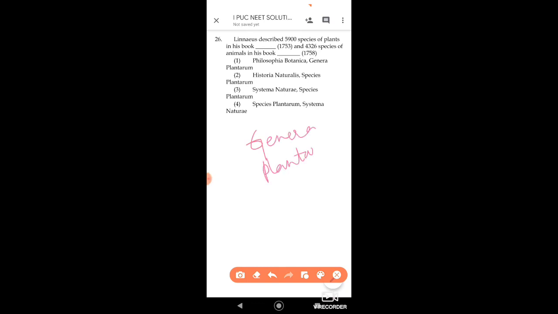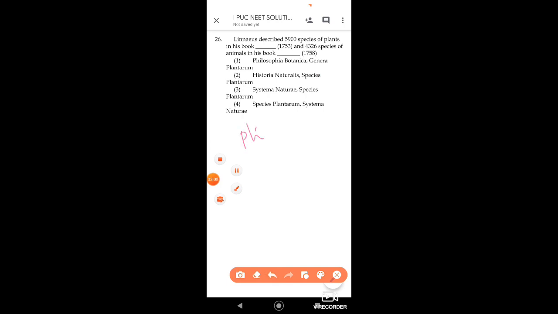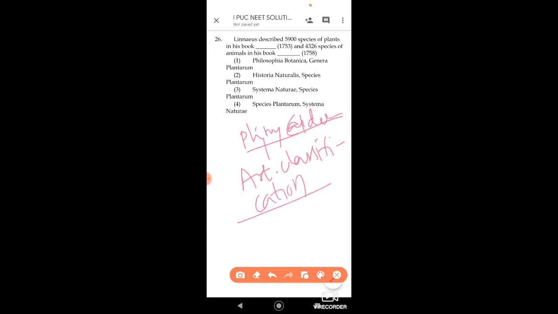So remember this also, it may be useful for solving the other questions. See, we have here Genera Plantarum not mentioned, that's why I am referring here with respect to Genera Plantarum. And further, there are two more scientists or botanists, Pliny, Pliny the Elder. So he introduced the first system of artificial classification. All right, the first artificial system of classification was introduced by Pliny the Elder, but his book was Historia